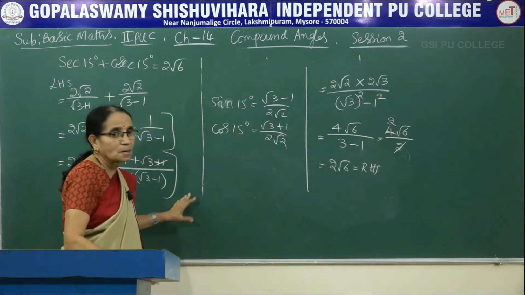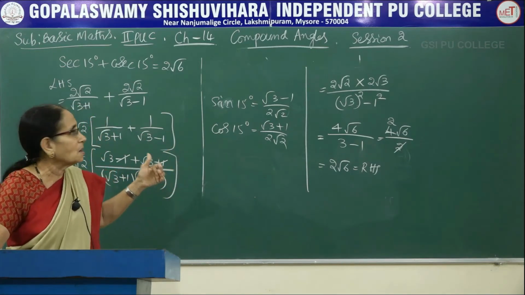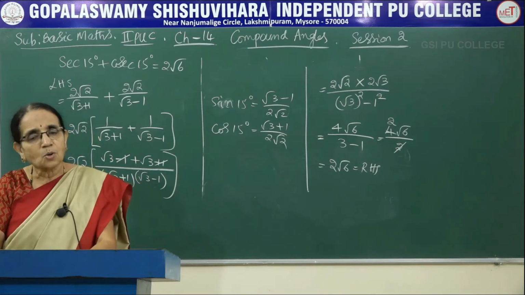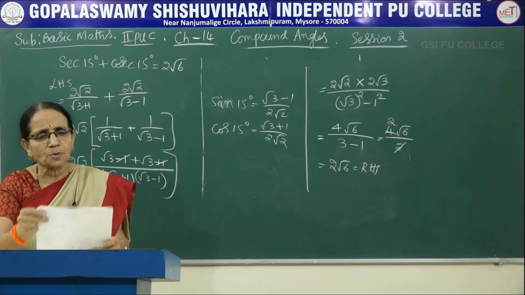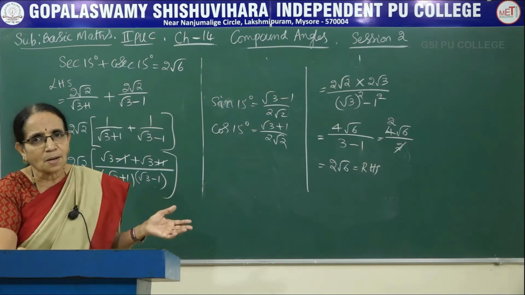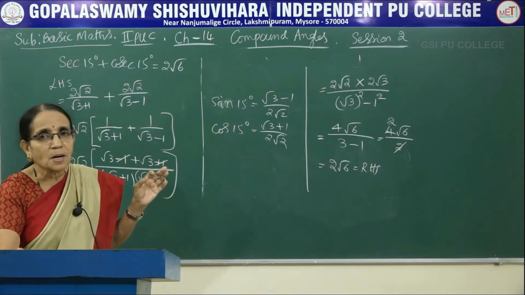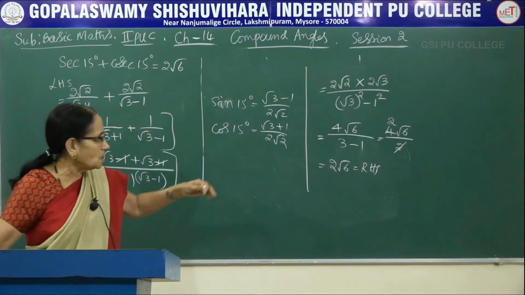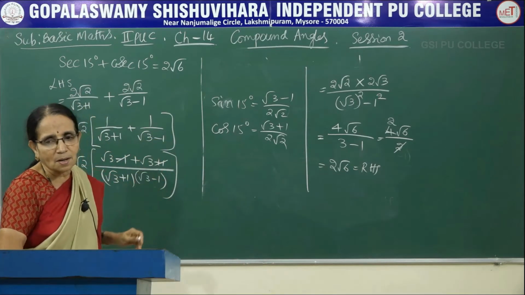Even these are all 2 mark questions only, because in most of the cases the standard values have been used directly. So you can expect it for a 2 mark question. In all this we use the standard values. Suppose sin, cos and tan are given, you can write them directly. If secant, cosecant or cot are given, be careful, write the respective reciprocal values, then you can get the right hand side. When you start from the left hand side, you can get the right hand side.